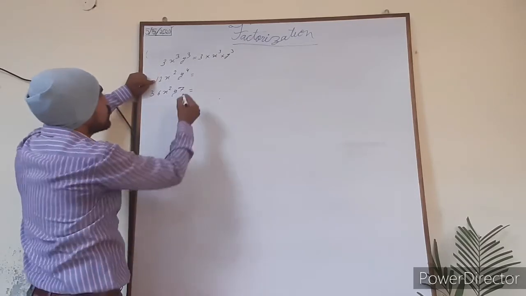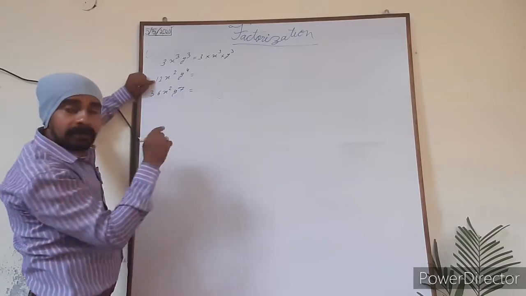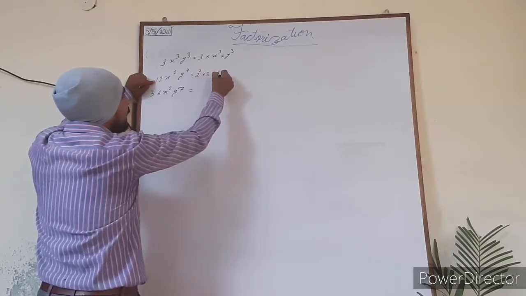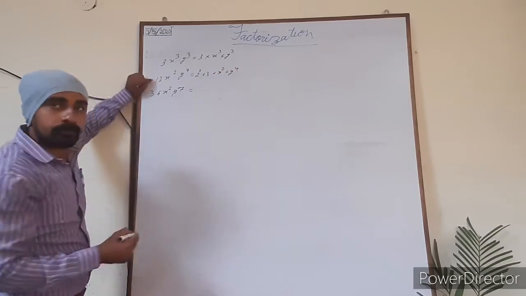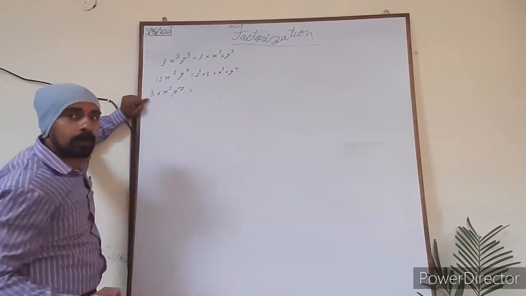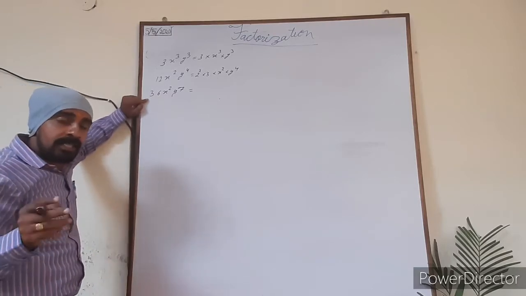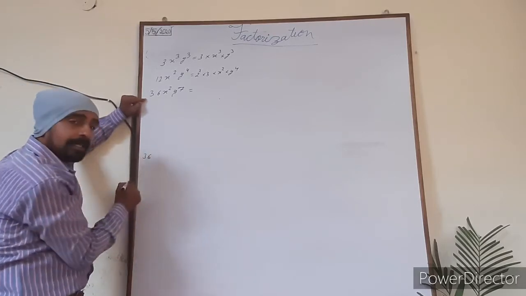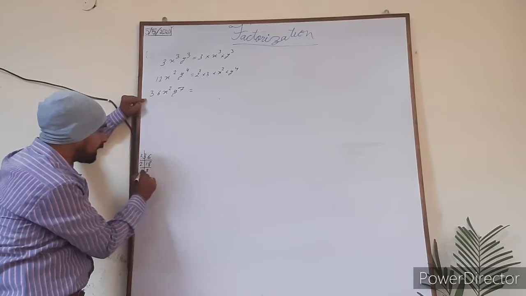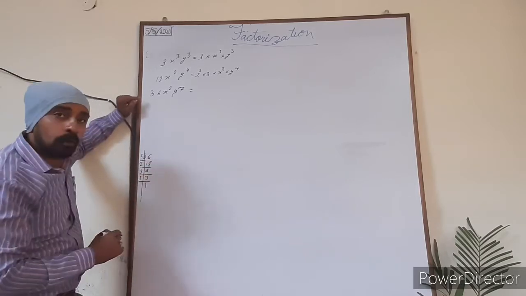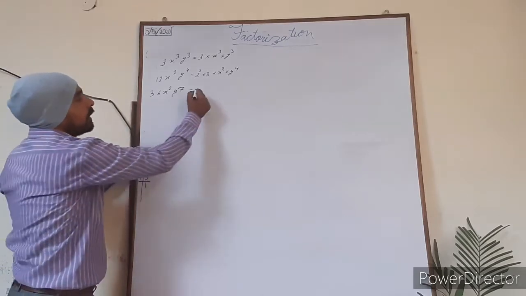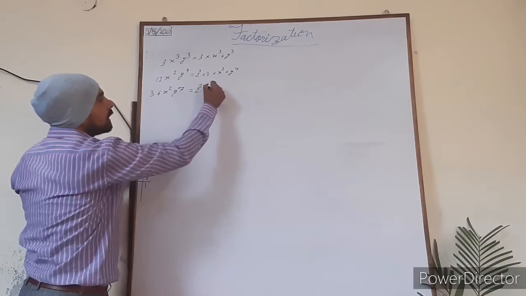In the same way, if you focus on 12, it will be written as 2 multiple 3, that is 2 raised to the power 2 multiple 3 multiple x square multiple y to the power 4. Same here, 36 is 2 to the power 2 multiple 3 to the power 2. Maybe you are not able to understand that, so you can find the prime factors of 36: 2, 18, then 2, 9, then 3, 3, and 1. So 36 can be expressed as the product of 2 square and 3 square, that is 2 square cross 3 square.